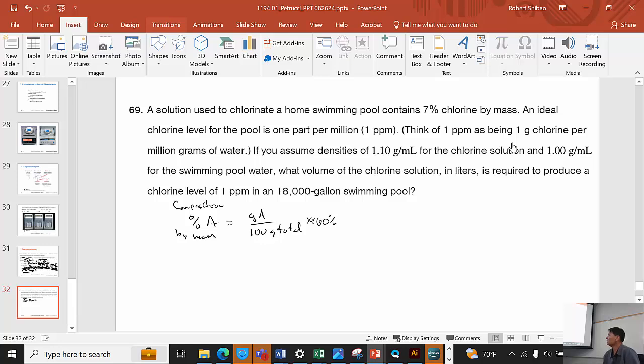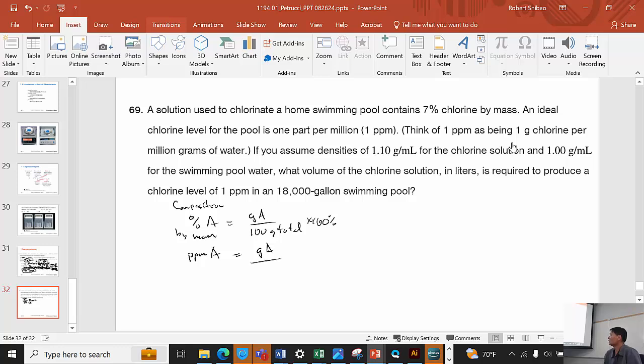But sometimes the composition is very low. Let's say we only had 0.001 gram of A out of 100 grams total. That's very low, and so you're going to get a very small percentage. When we get very small percentages, we like to use other types of units. In other words, we like to use things like parts per million. In fact, let's just start with parts per million A. If we do parts per million, it's the same thing. We look at grams of A per